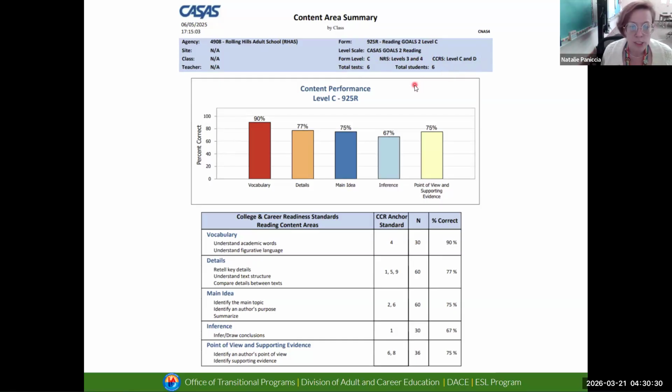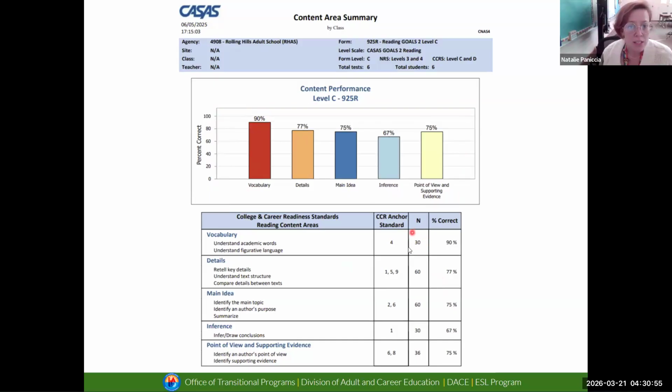And then once we're looking at that, we can see based off of the data here what question types they're successful at. In this case, we see clearly that vocabulary is pretty successful with 90, bearing in mind how many questions there were. Next to vocabulary, under N, the number of questions was 30.